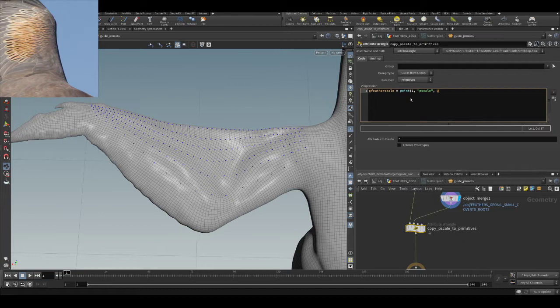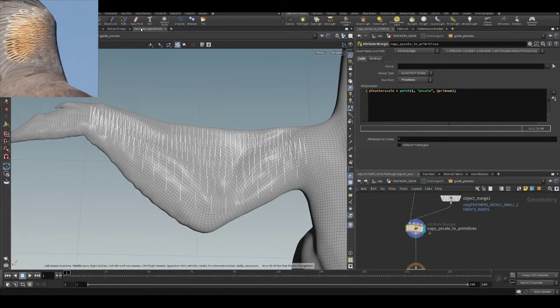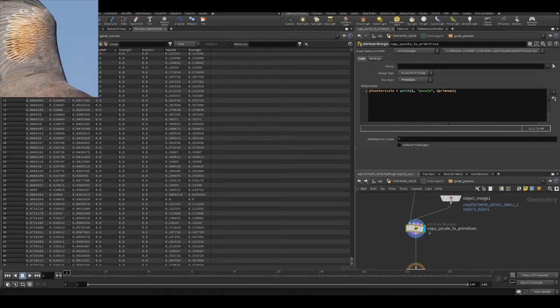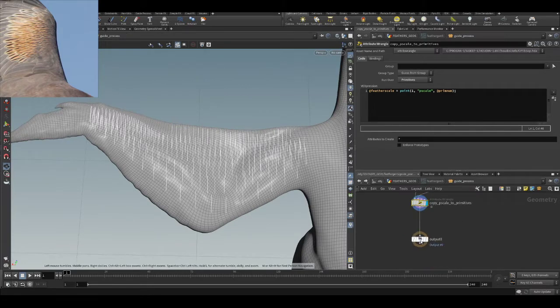And here we want to use prim number because every primitive will be corresponding to a single point on the second input. So we will use the primitive number as the point number in the function point. So point is going to retrieve the p-scale attribute for us. So now if we look at our feather primitives, which are not yet feather primitives, they are curves at the moment, they have on the primitives feather scale, and this is coming from the points. Now that we have this,